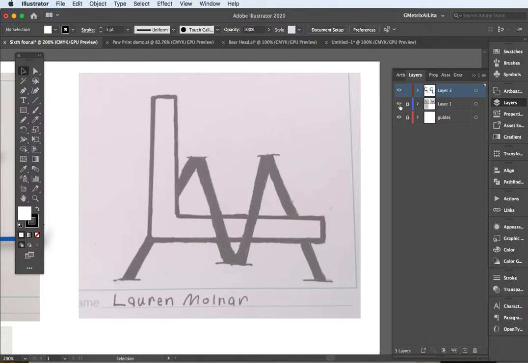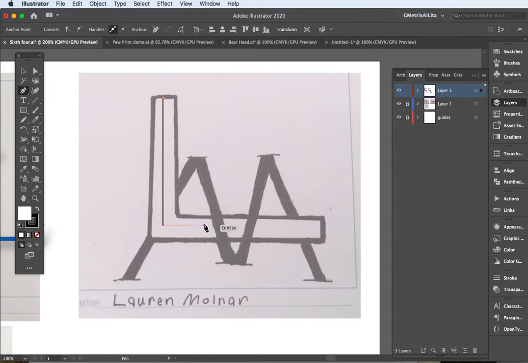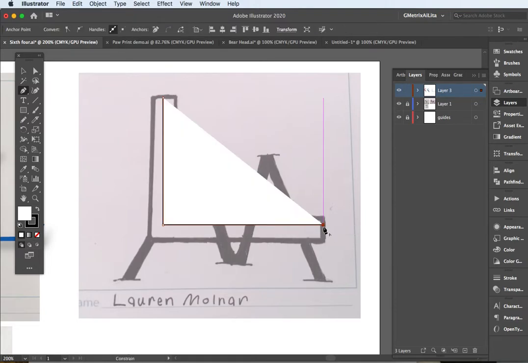So this again is on the middle layer, just working on a locked layer, working on a layer above it to make it a little bit easier. So you could use the pen tool to create this L on the outlines, but I'm going to go right down the middle and use the Shift key, and I'll show you why in a second. So it has a fill of white and a stroke of black, so I'm going to take the fill off,